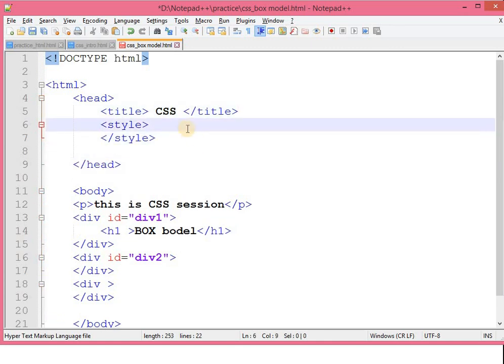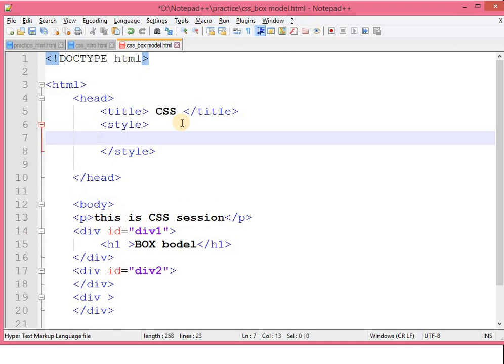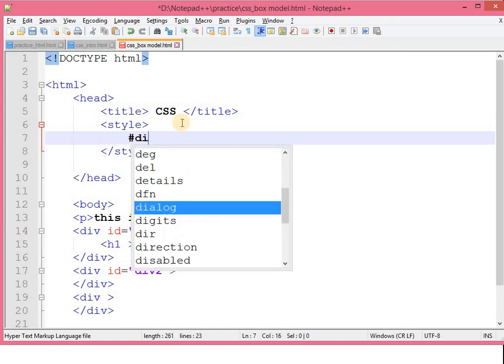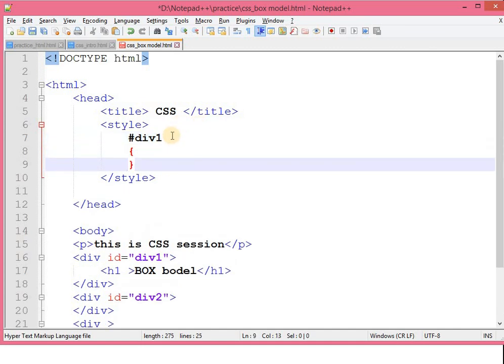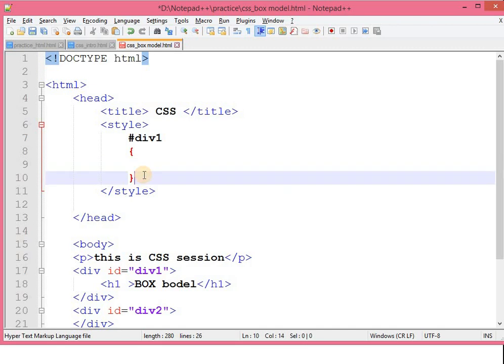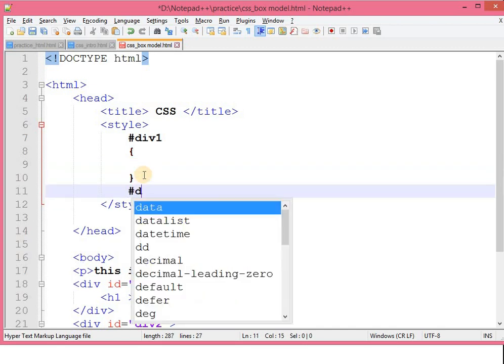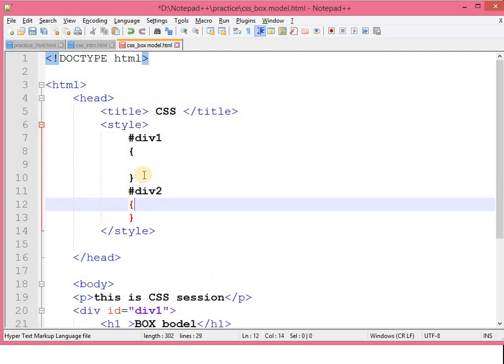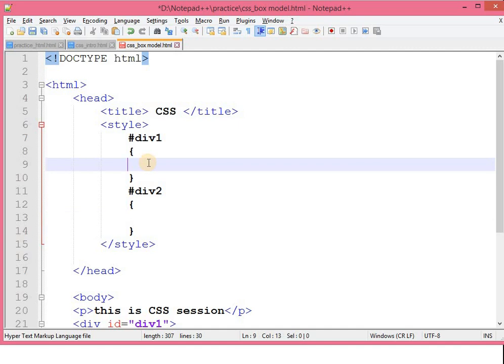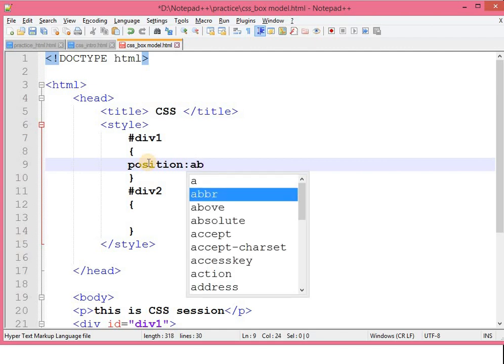Inside this style tag, I have set ids, so I have to use the id selector. Since this is an id, I have to use the hash sign. The id name is div1. Like this. And I also want to set properties for div2. First, I want to set position absolute.